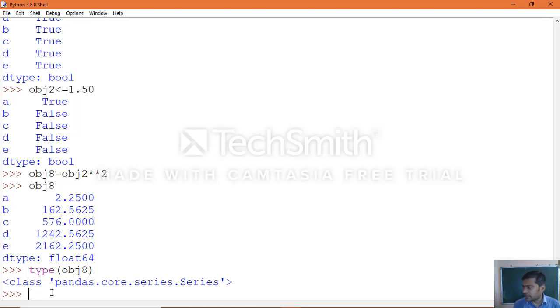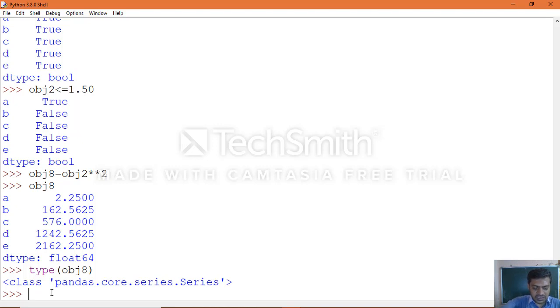So in the same manner we came to know how we can work with vector operations. A series object is a numpy array, and we learned ND arrays in first year. ND arrays support vectorized operations, and now the series object also supports vector operations, which we saw: how we can modify the existing series object data with addition, subtraction, division, multiplication and exponent. Those are all the things you can perform.